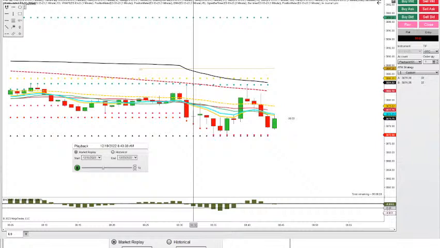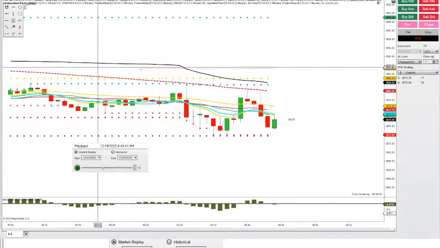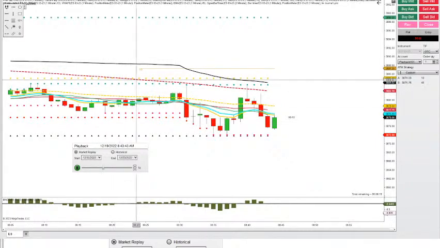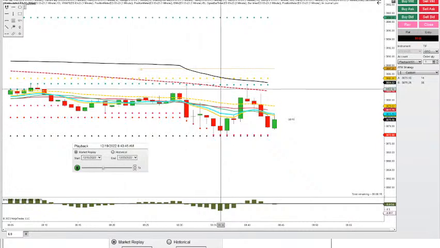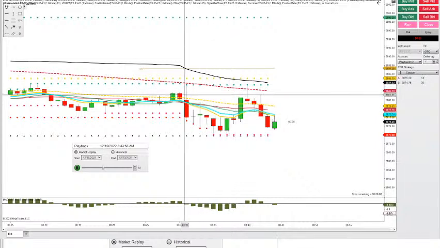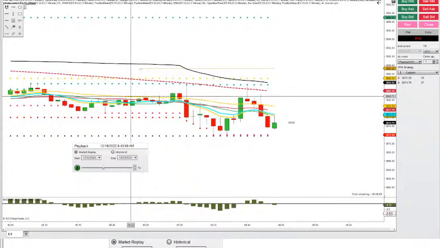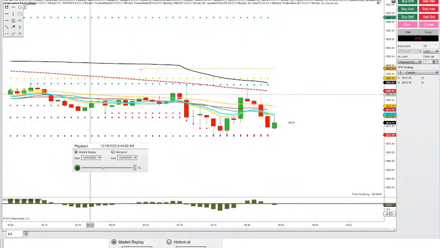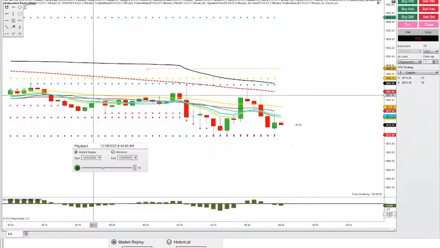While we're waiting, I'll just go over what's on this chart. Here I have the 5-minute red line. So that's the 5-minute 21 simple moving average on the 5-minute chart simulated here on this 1-minute chart. I have the 5-minute gold line, so that's the 5-minute 9 EMA simulated on this 1-minute chart.